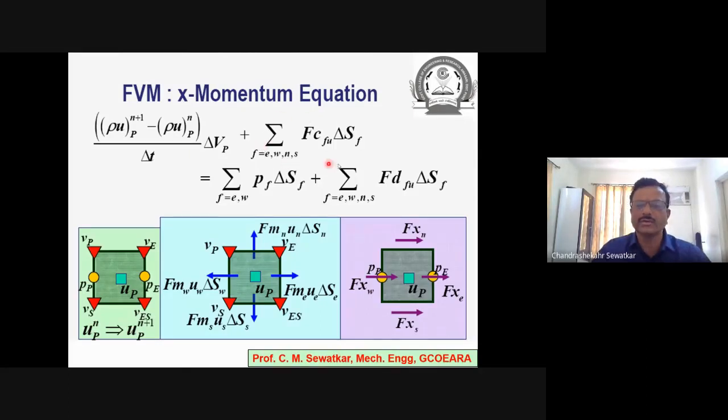Then my total convection, which is the summation over east, west, north, south faces of the CV. This is the X momentum equation into delta S F. The same is shown here diagrammatically: FME into UE into delta SE. I know the expression for FME, how to calculate FME, that I have explained to you. How to calculate FMN, FMW, FMS, all these mass fluxes are required to be calculated using